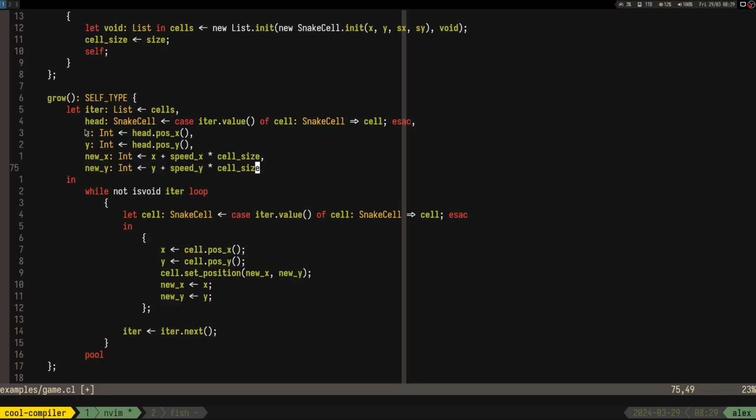So we take the head position, right, and we need the previous position also, or instead of previous position, let's say the position of the next cell in line. But if we have only one cell, we don't really know, so we actually need the speed of the current cell, or I mean the last cell, something like that. And to get the speed of the last cell, we can take the next cell and subtract this one. So